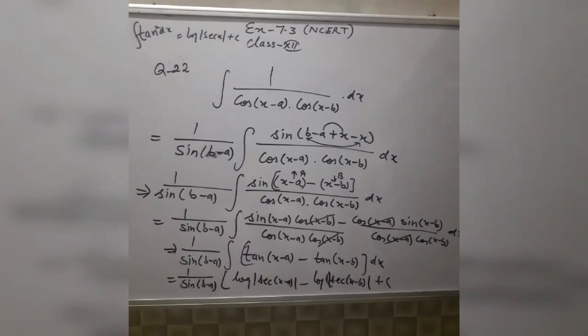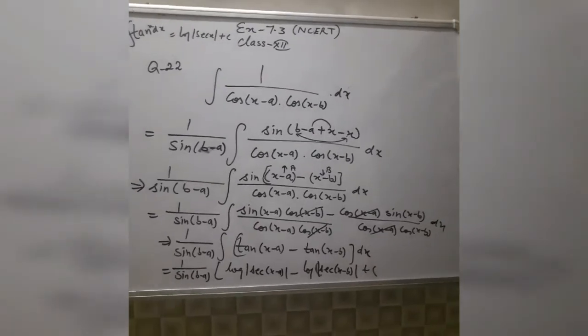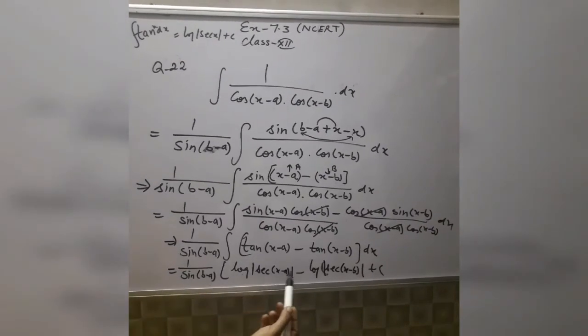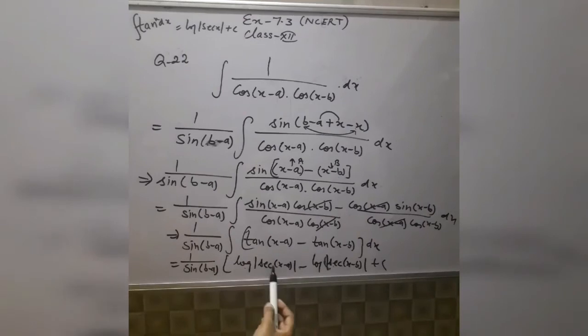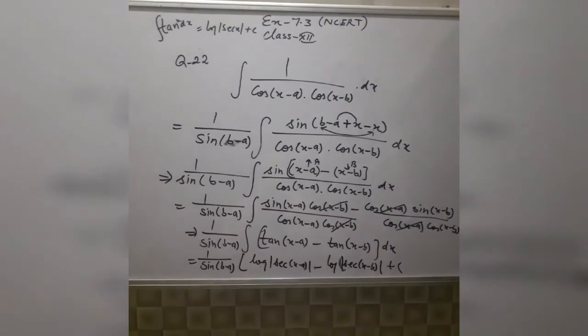Listen again to this sum because this is the most important sum, I am explaining it again. And here there is one formula for log m minus log n. It can be written as log m by n. So you can do the last step yourself.